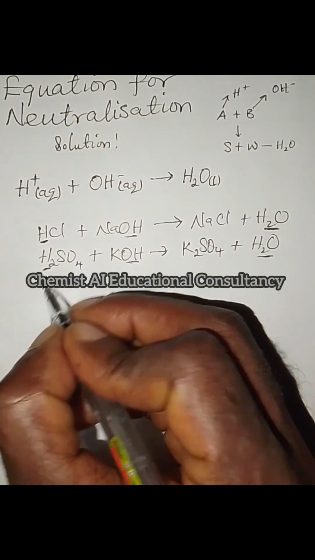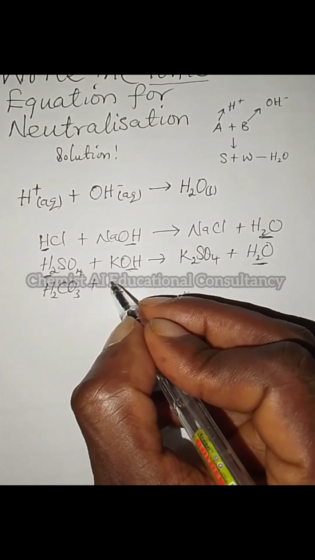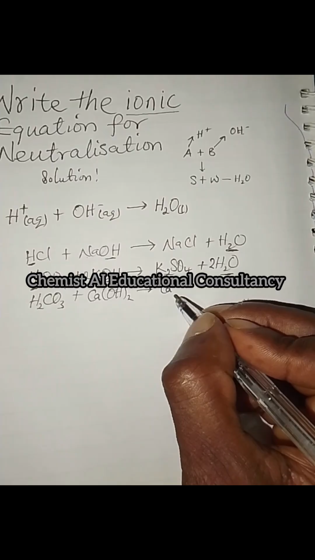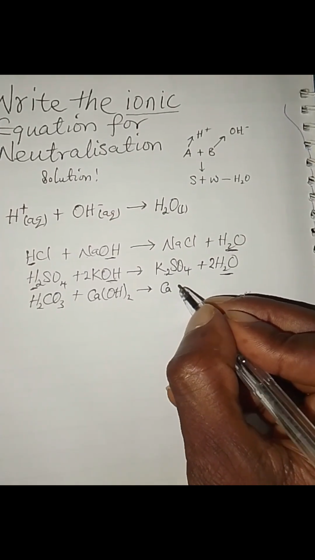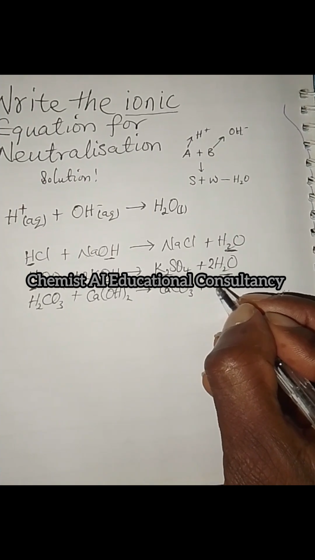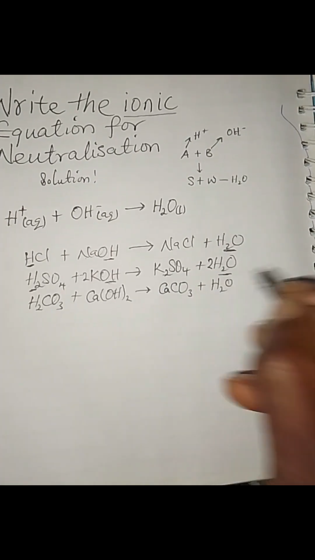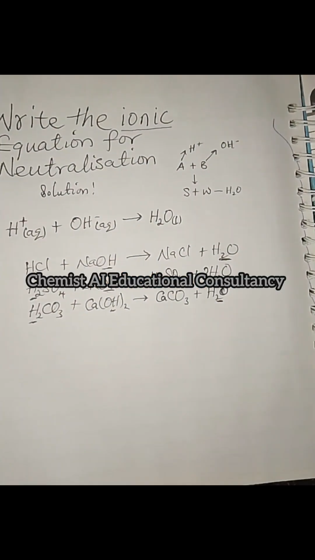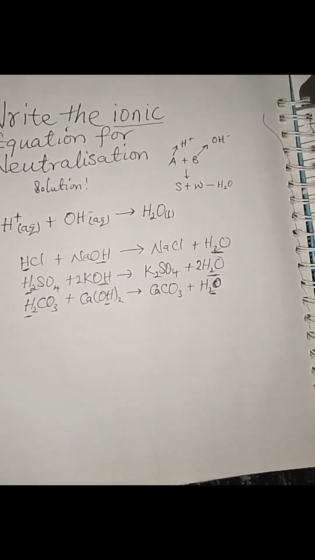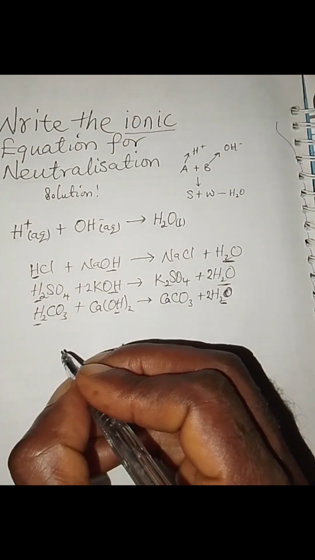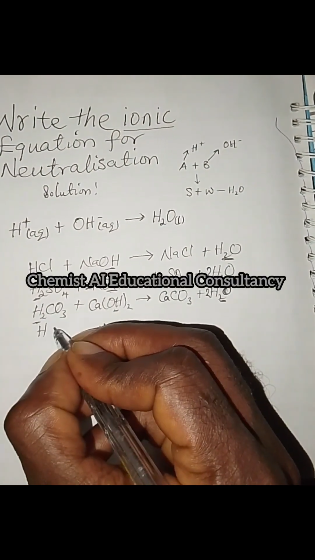Another example is carbonic acid reacting with a base, calcium hydroxide, to form the salt, calcium carbonate, and water. The same ionic equation. Carbonic acid produces hydrogen ion. Calcium hydroxide produces hydroxide ion, and the two collapse to give us water. And that is why the equation is called the equation of neutralization. So there are so many equations of neutralization, but one thing keeps repeating itself: hydrogen ion plus hydroxide ion to